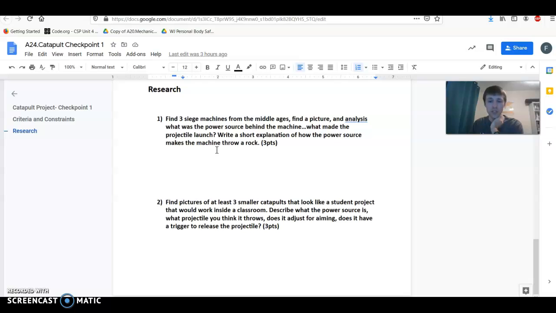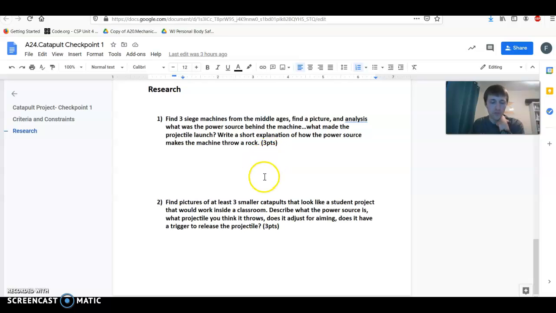And the last part here, you have to look for 3 siege machines from the Middle Ages, get their pictures, and figure out what is the power that makes the projectile launch. Is it a rubber band? Is it a spring? Wood being bent? What is it? How does it work? Write a short explanation of the power source that makes the machine throw whatever it's throwing,